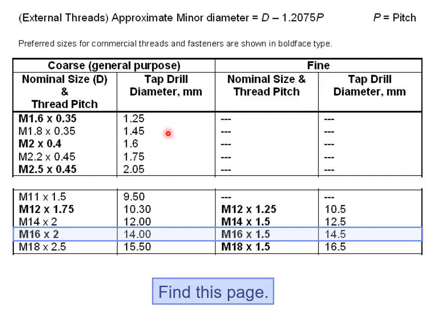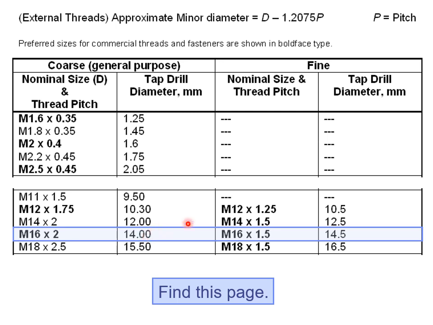Okay, so this is a table that you'll find in the back of your textbook. So find this page in the index area. Again, this is a table for metric form, and we're using millimeters. Let's take a look at M16 by 2. M tells us metric form. 16 is the diameter, so major diameter is 16 millimeters. And by 2 tells us the pitch. That's the distance between the threads for coarse thread, so general purpose thread. And for the tap drill, to drill that hole, we would use a 14 millimeter diameter